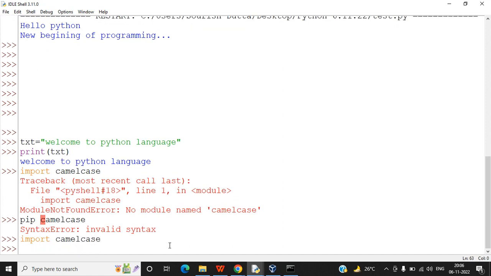See, it is taking. Okay, so the camel case has been consumed inside our shell. Now the shell is able to recognize the functions inside the package. What is a package in Python? It is a collection of methods, utility